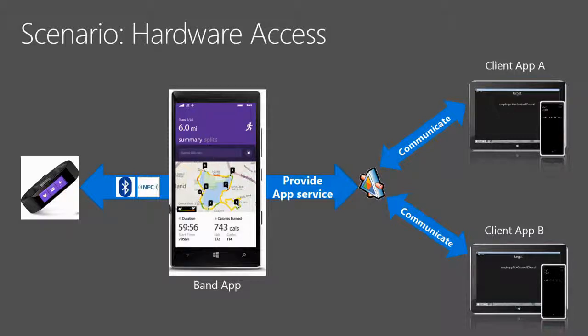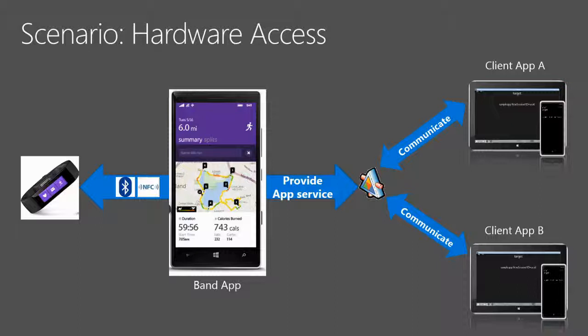Another scenario that's being considered at this point is also for hardware access. So if we look at Microsoft Band, how many people got Microsoft Band? Well, a couple of people. Cool. If you've played around with the SDKs, what you can do right now is you go directly to the device and you can pull in current information because you're just pulling it straight off the sensor. The device itself doesn't have much storage, so it's not keeping historical information lying around for you. The Microsoft Health app, however, gives you the ability to see historical trending, so on and so forth.